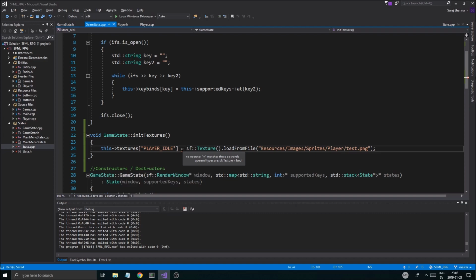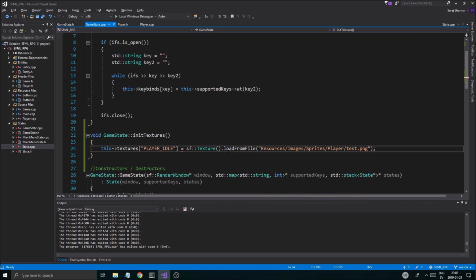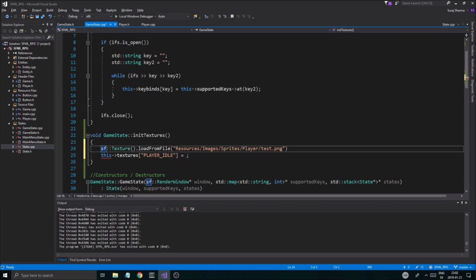Operand types are SF texture equals boolean. This isn't. Oh, this is the boolean. Oh, I see what it's doing. So we'll just copy this and we'll paste that and we'll say SF texture temp,